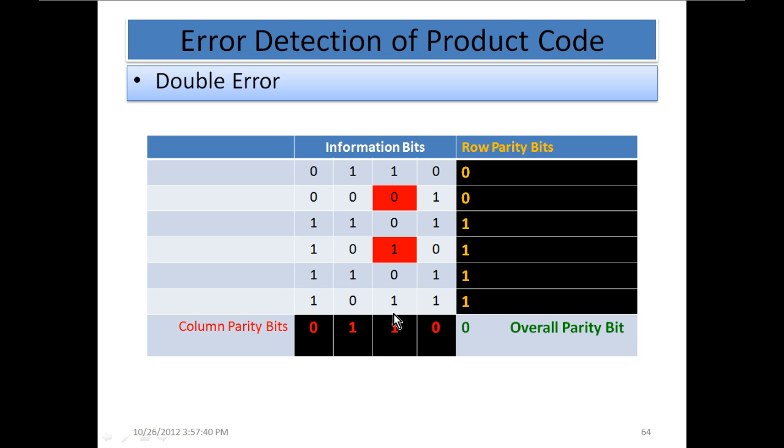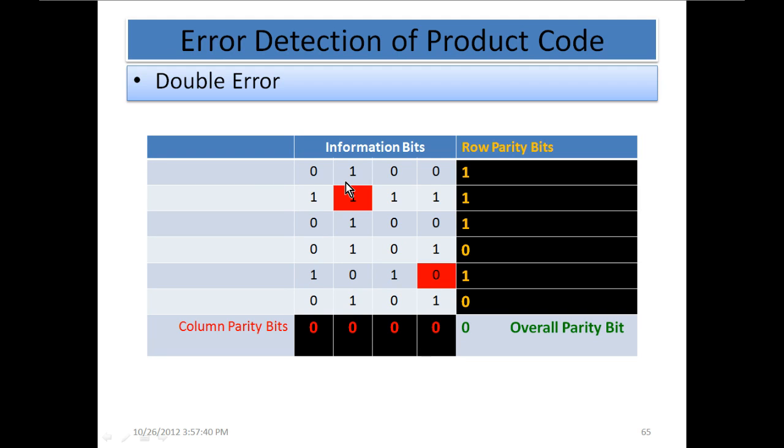Now let's consider another example of double error. Here you can see that an error has occurred in this code word. It finds there is an error in this code word, and an error in this code word as well. When it goes through this code word, it finds an error over here as well, and when it goes through this code word, it finds an error at this location too. Why? The total number of errors is double, as in the previous slide, but here the error is detected and its location is also detected.